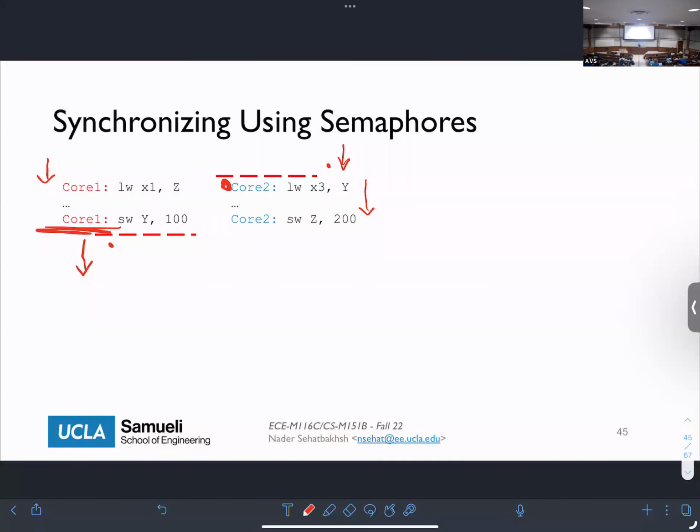Okay, so these are the same barriers. So I need to run this first. Then I need to run this, or maybe there is some reordering, I don't know. So whatever happens here, I don't know. But what I do know is that when I reach this point, it is guaranteed that this part has not been started yet, because this is at the bottom side of my barrier. Okay, so a barrier is a synchronization point that says anything before the barrier has to happen for all the cores. Then anything after the barrier can start being executed for the rest of the cores.